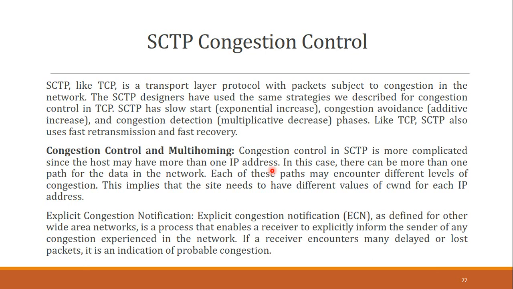If both the parties agree, the receiver can inform the sender of congestion by sending an ECNE, that is explicit congestion notification echo chunk, with each packet until it receives a CWR, or congestion window reduced chunk, to show that the sender has reduced its congestion window. We have not discussed these two chunks, ECNE and CWR, since they are not a part of this standard, and because the discussion of explicit congestion is way beyond the syllabus.